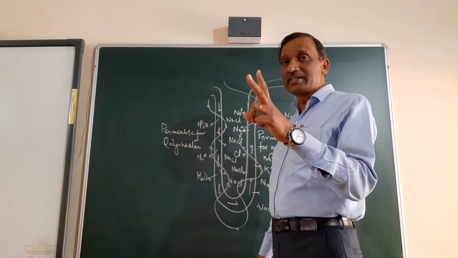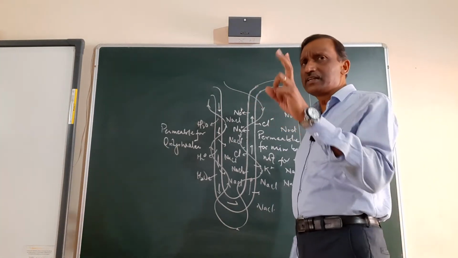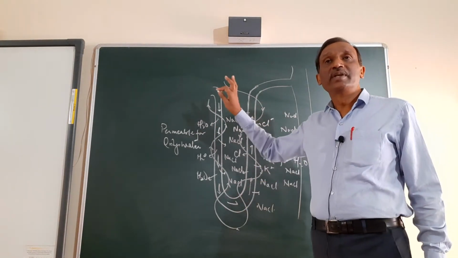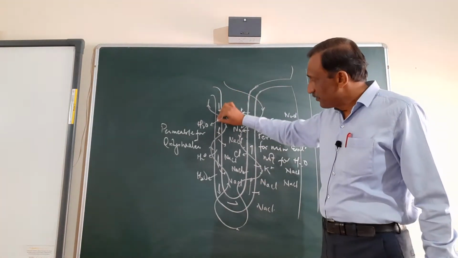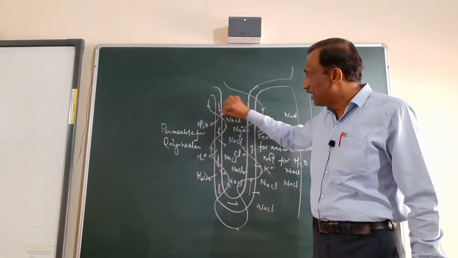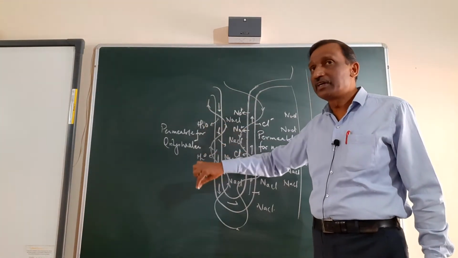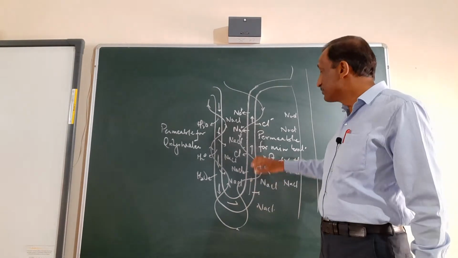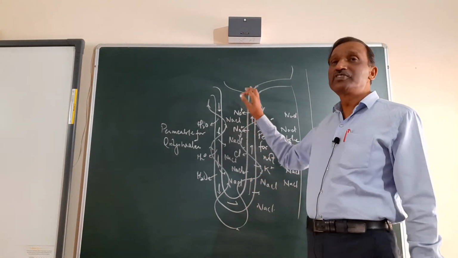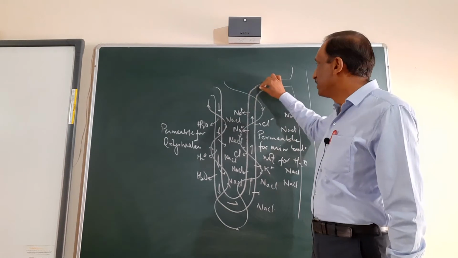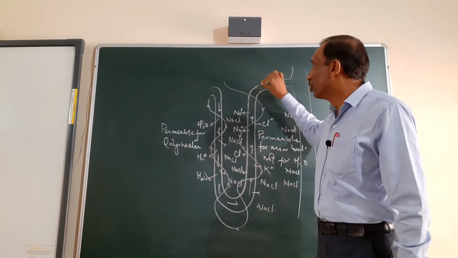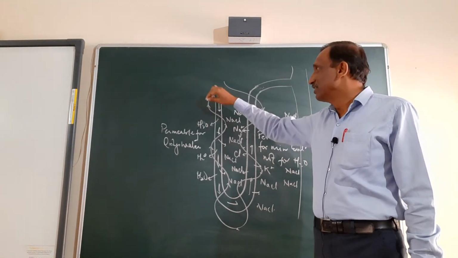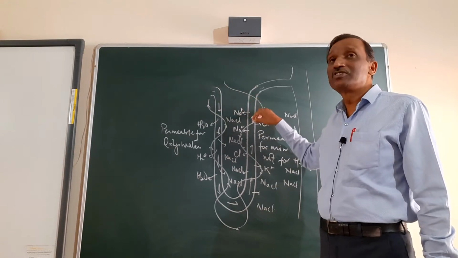So the two counter currents are there, which I already explained in the previous class, that there are two types of counter current. One is the counter current of filtrate and the other is the counter current of the blood in the vasa recta. So as the filtrate moves down, since the outer environment is more concentrated, containing less water, it will progressively lose water. And as it comes onto the ascending arm, it will progressively lose salts. So by the time it comes here, the concentration in both the arms will be more or less the same. Because how much water it has lost, that much salt also it has lost.